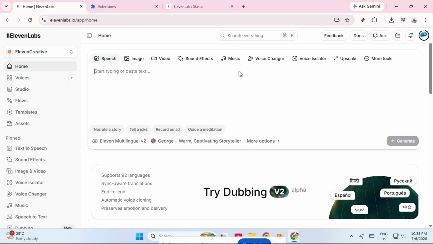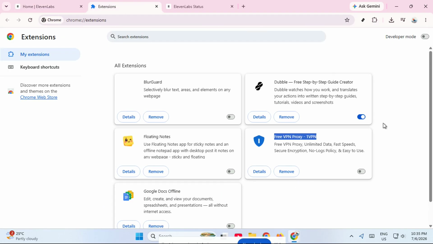If you are still having trouble, try opening ElevenLabs in an incognito or private tab. This is a very helpful test because private mode usually disables most extensions and uses a clean session without old cookies interfering. Open a new incognito window, type in the ElevenLabs website and attempt to log in from there. If it works in incognito, that usually means one of your browser extensions or saved browser files is causing the issue. If that happens, you can then go back and disable extensions one by one until you find the one